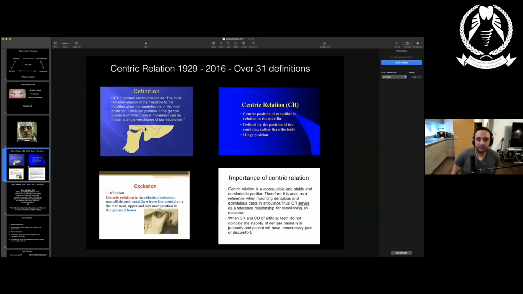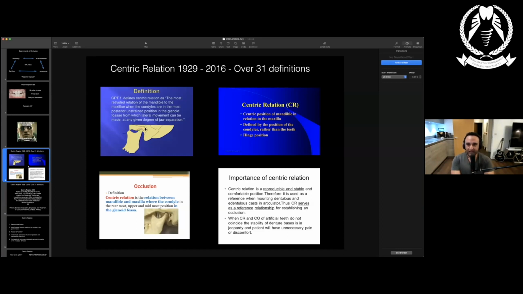Now, it's important because it's a reproducible position. It's a position that we can use when we're going to be restoring a patient with no teeth, or with one arch with no teeth, back into a correct position. So we need to give our patients and need to know where this centric relation position is. But in history, since 1929 to 2016, there have been over 31 definitions of this